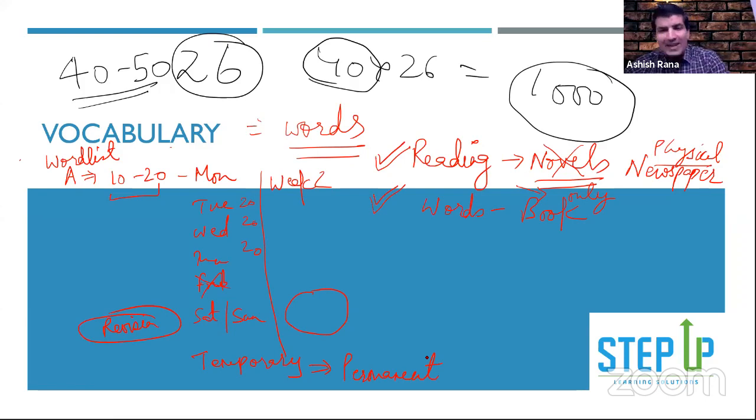Okay, I also have a shortcut for you. And that is what we will discuss in the class. That means how can we quickly remember a lot of words. And I hope Rekha ma'am has already taught you that. Can you type in the chat if you know about root words, and which root words do you know?